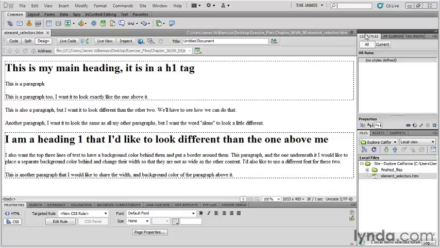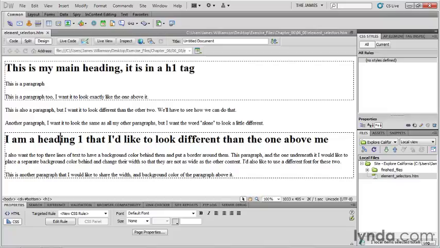So I've opened up the element selectors.html file, and we have a couple of elements on the page that we want to style. We have a heading 1 tag, we have some paragraphs, and we have another heading 1 tag a little further down the page. Well, one of the things that I want to explore, in addition to creating paragraph tags, is the concept of inheritance. And it's certainly easier to understand once you see it, so let's just go ahead and write our first